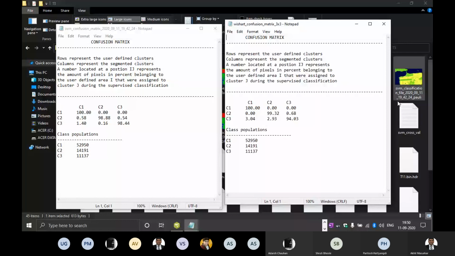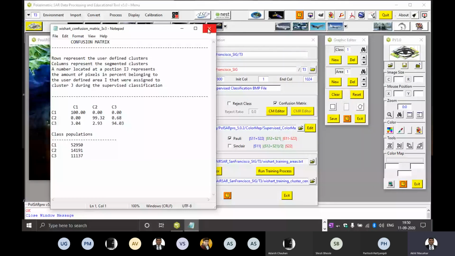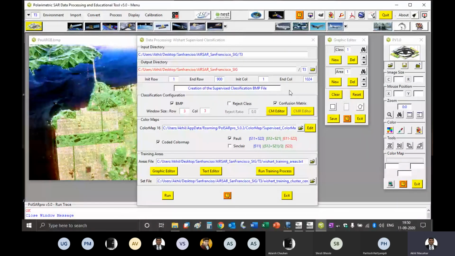Okay, so I hope you have understood this, and next time what we are going to do is something on geocoding, and some 2-3 techniques.